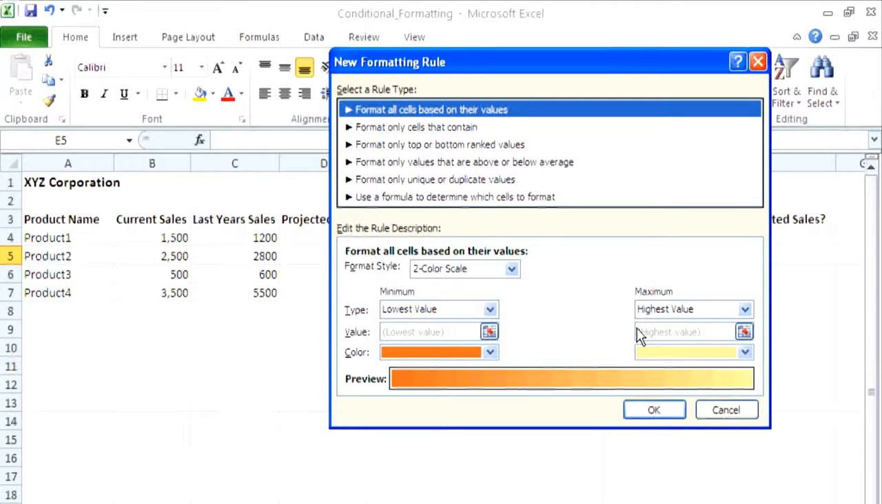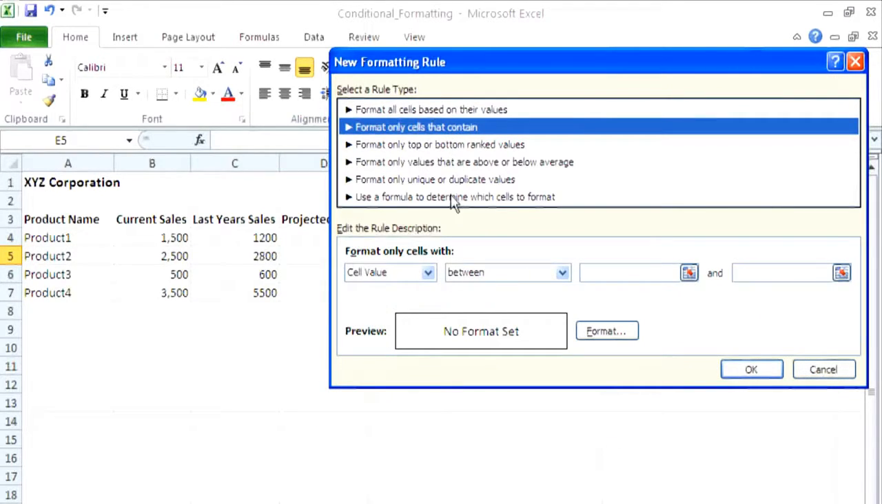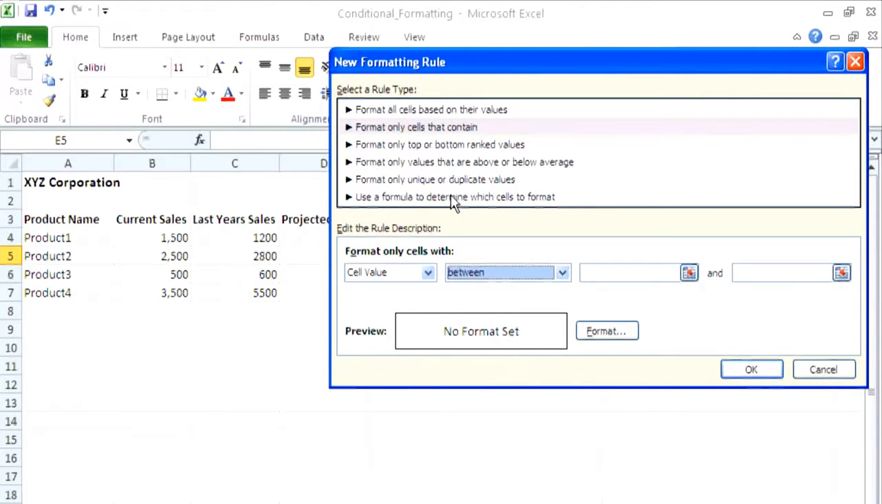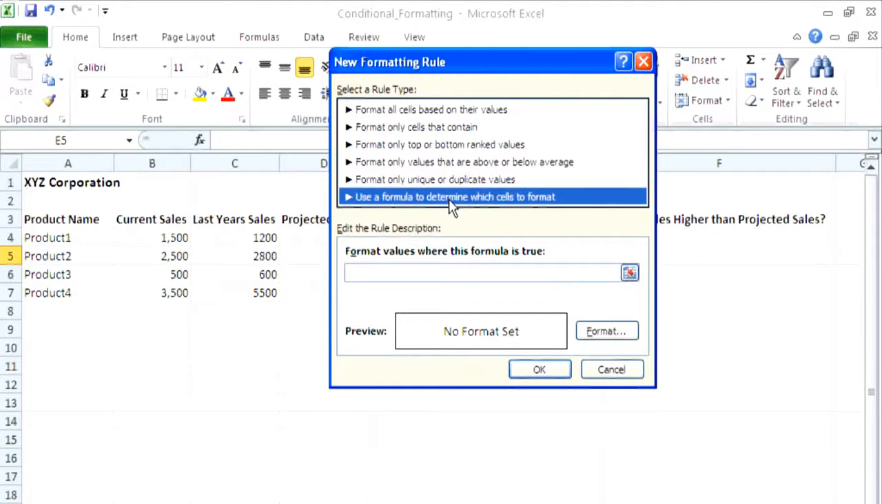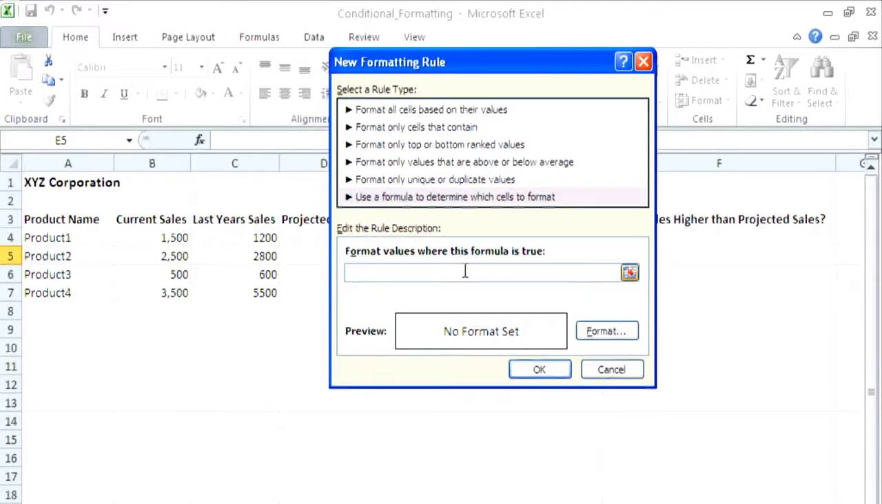So in New Rule, you have some generic ones. You've got format all cells based on their value, format only cells that contain. So in this instance, you'll see if the cell value is equal to, not equal to, between, whatever, then you'll format the cell. For the one we're working with, I'm going to use a formula to determine which cells to format. We've gone through formulas. It also reinforces the formula principles. So if you work with formulas a little bit more, you'll remember them quite well. So my formula is if